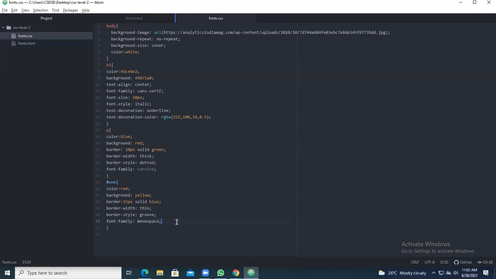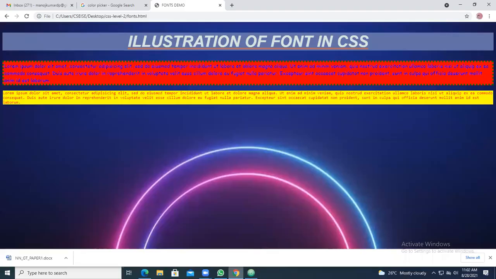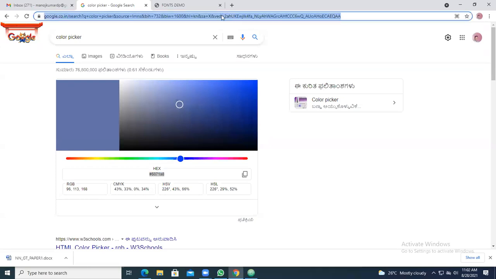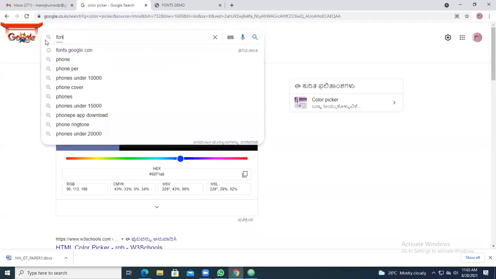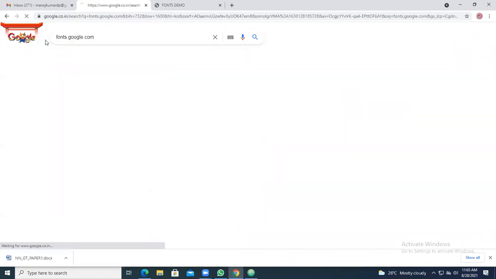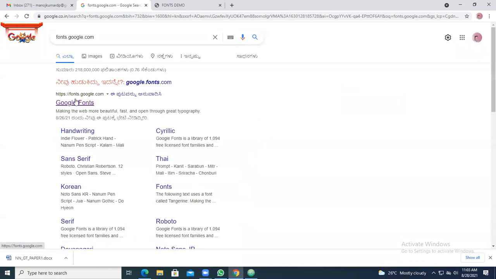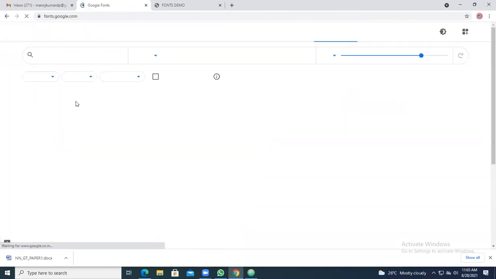You are taking some font that is not there in this editor. So for that, you have to go with a main thing. To choose fonts, you give it as fonts.google.com.